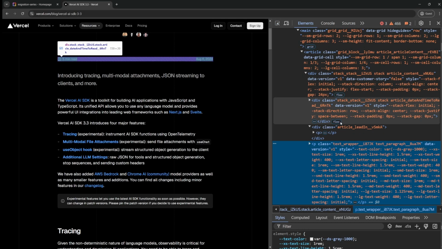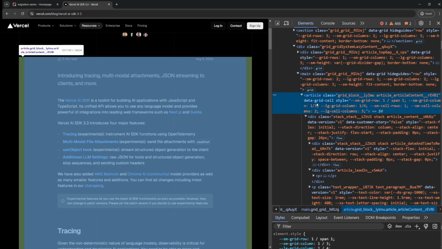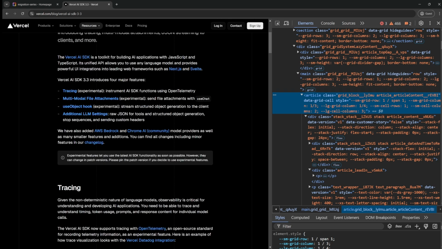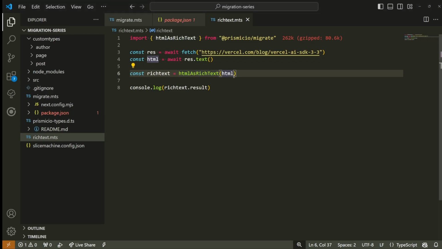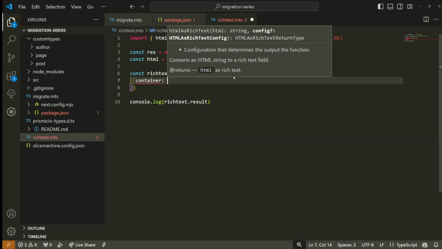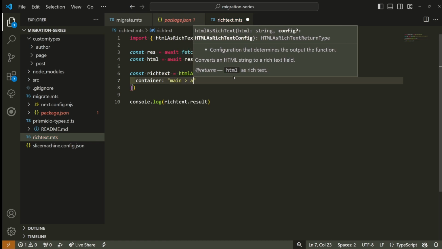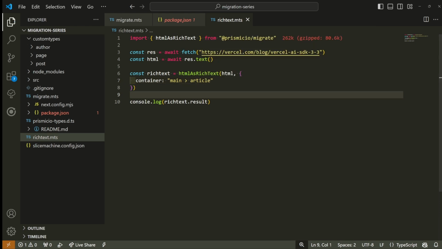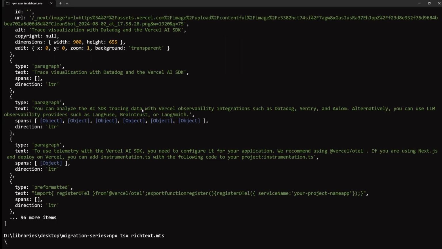Basically, we want the content of that article here. That is just the content of the blog post. And to do so, we can provide some options to HTML as rich text. And the first one we want to provide is a container option. Container supports a CSS selector to just convert to rich text the content of that CSS selector. In our case, it will be main article. So again, if I save that, get back to my console and run this script again,